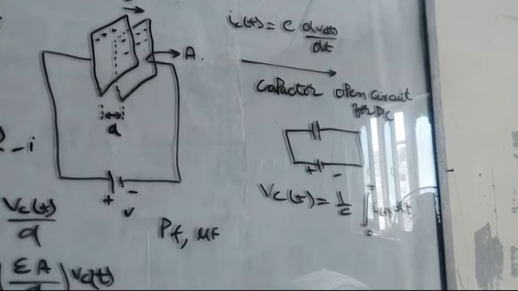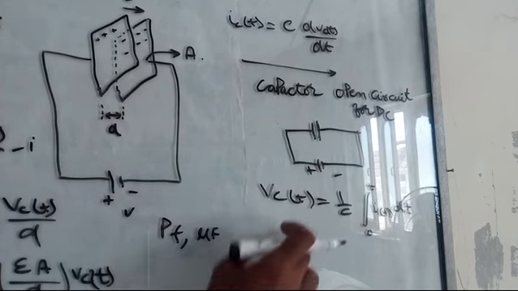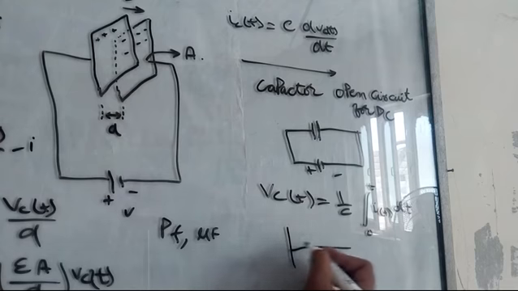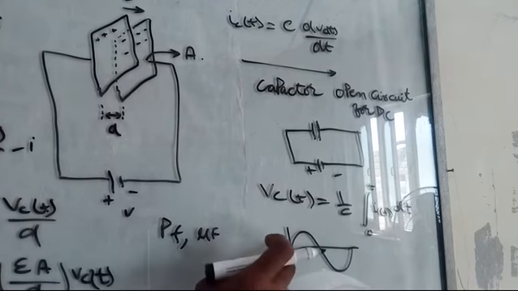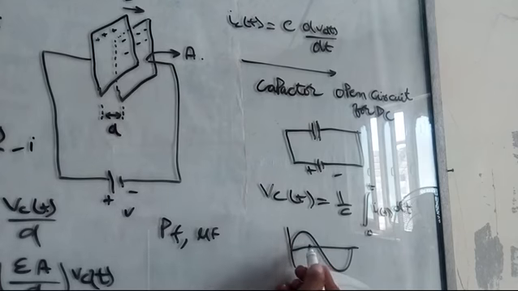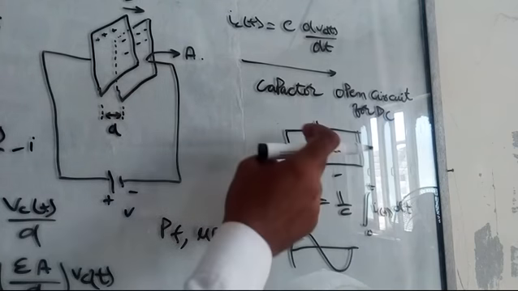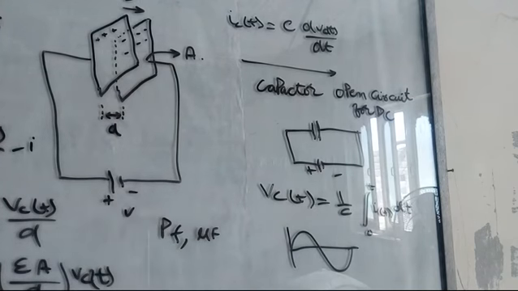And the other thing is, capacitors are passive devices because they do not consume any energy. For example, if we have applied a sinusoidal voltage across the capacitor, in the positive half cycle the current is positive, it will keep on storing energy, and during the negative half cycle, it will deliver the energy. So in this way, the capacitor stores the energy and also delivers the energy, and they do not consume any energy. These are passive devices.